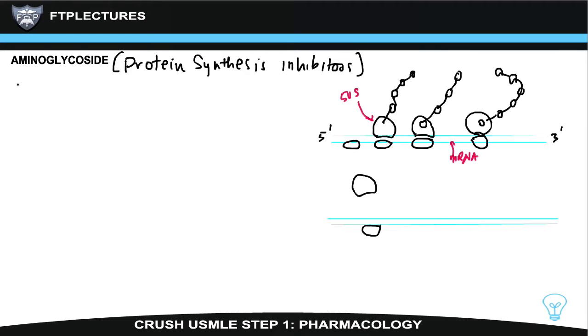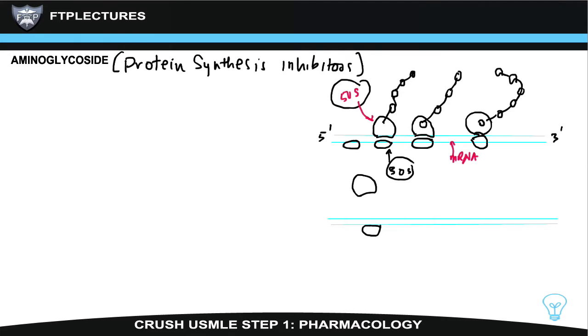This is different from eukaryotic organisms such as human beings because these drugs do not work on the ribosomes of eukaryotic organisms, because eukaryotes have an 80S ribosome compared to the 50S and the 30S subunit